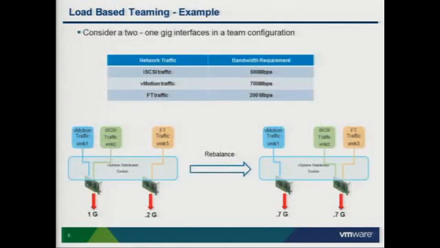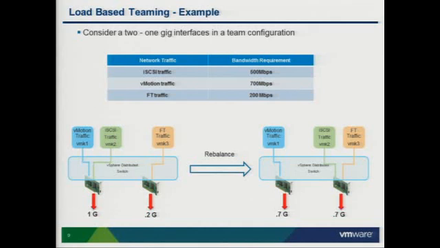This diagram gives an example where there are three traffic types running in the virtual infrastructure: iSCSI, vMotion, and FT traffic. iSCSI needs 500 megabits per second, vMotion 700, and FT 200. If you look at the picture on the left,